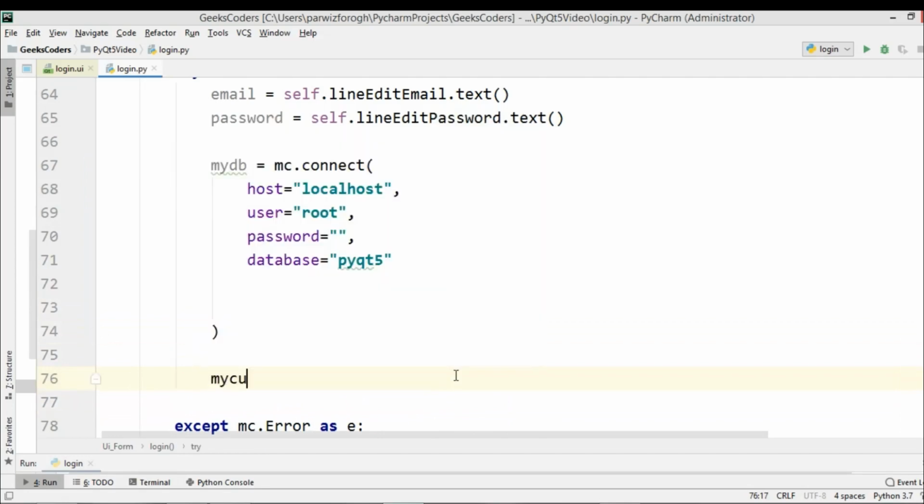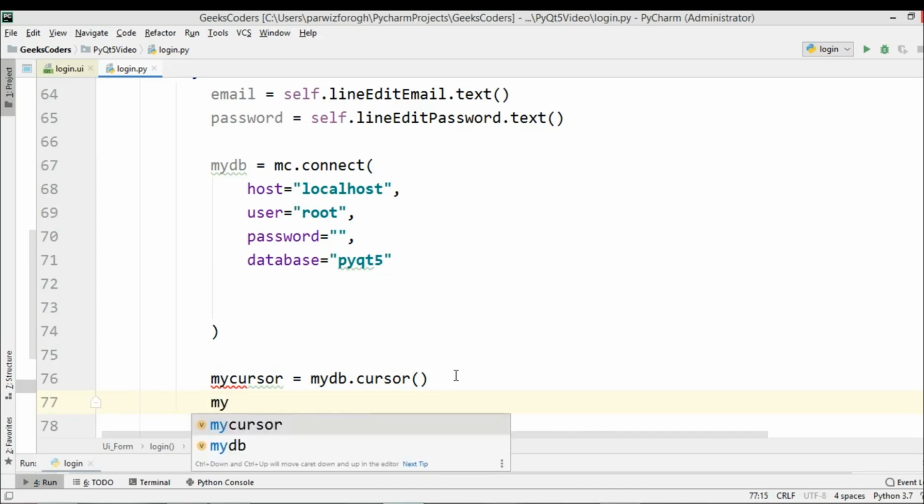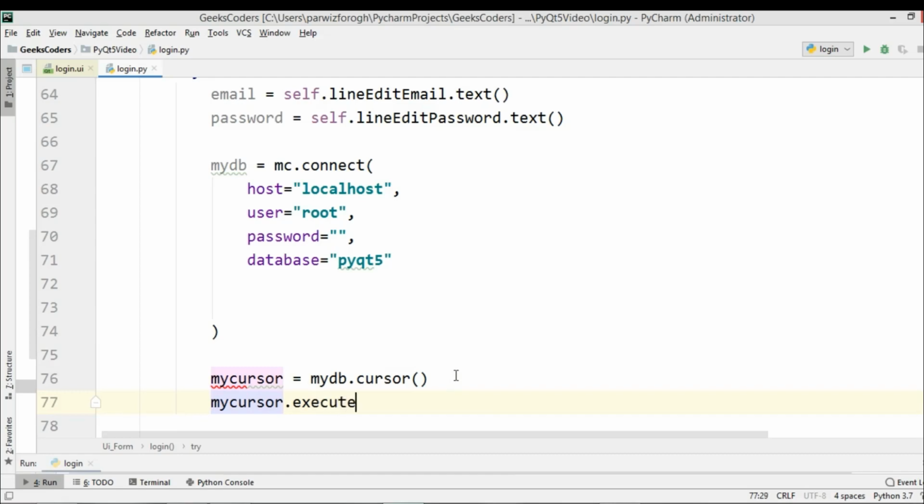Okay, first I need to create a cursor object in here. mydb.cursor, and after creating the cursor, now we need to execute our query. So in here I can say mycursor.execute, or first I'm going to just create my query in here. So query, we can say select email and password from users,